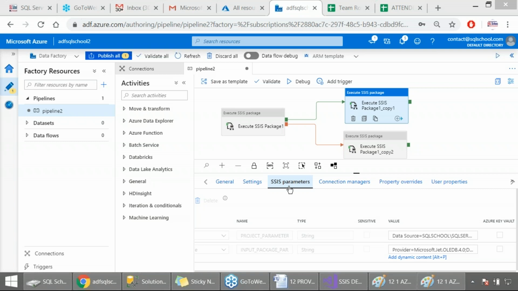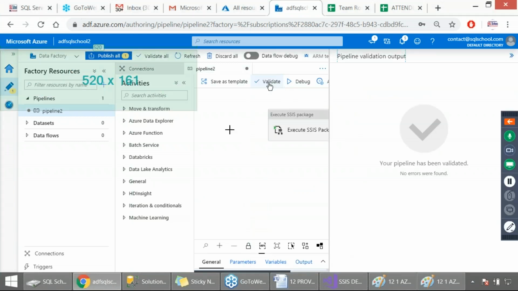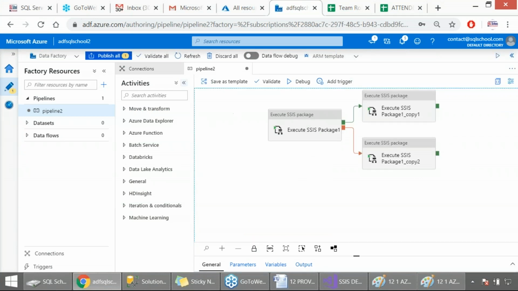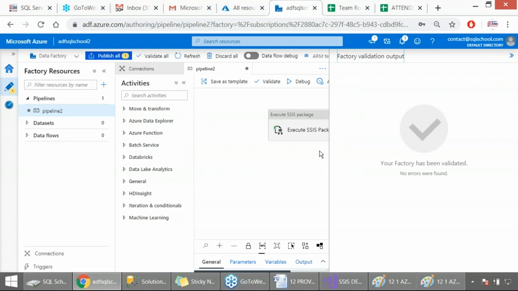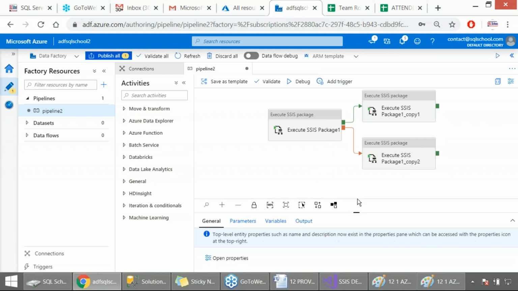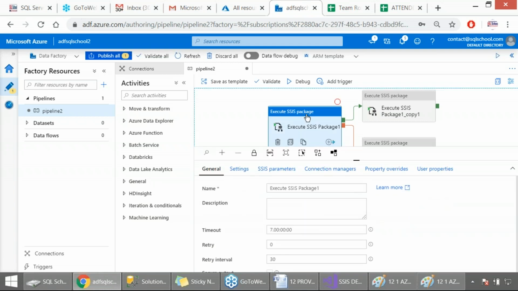For this purpose, just click on the validate option on top, this one. This is validating the pipeline. Once your pipeline validation is successful, then validate all. Make sure the factory validation is also successful. So remember, it all depends on the configurations. Each package, or each execute package item,